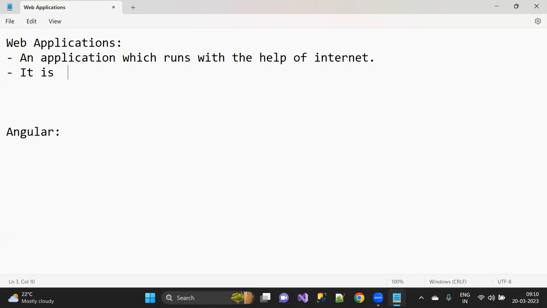And also it is a collection of web pages together.